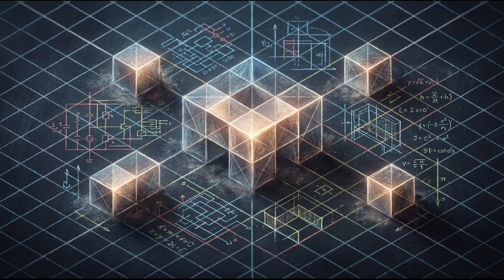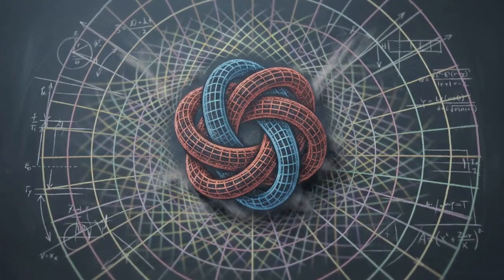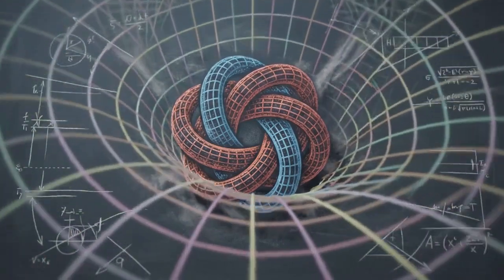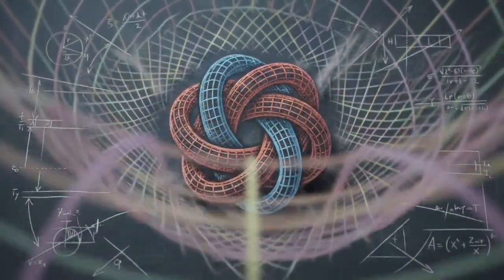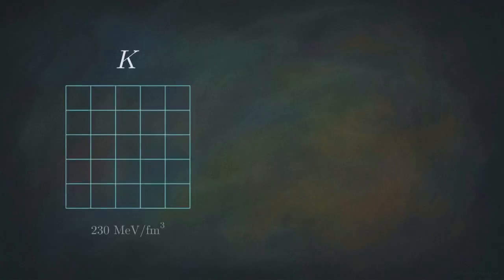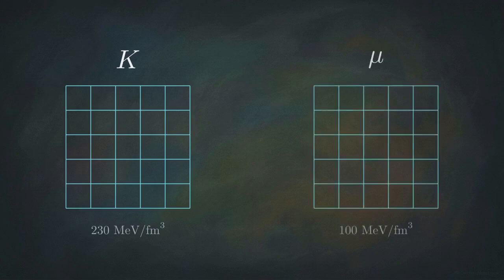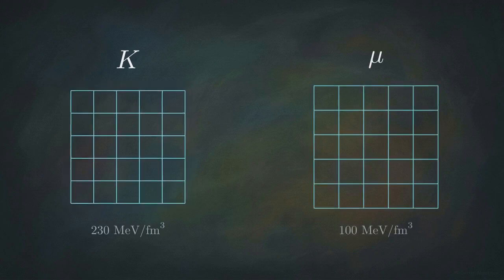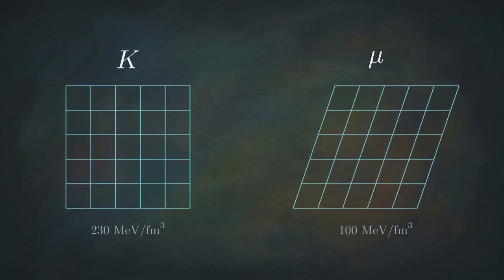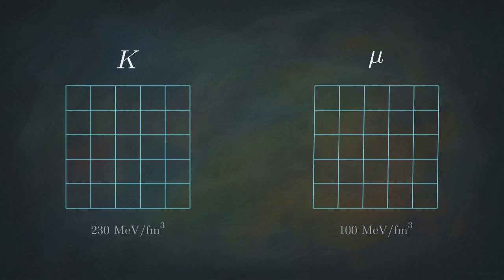To model a nucleus within this theory, we start with a medium that acts as an elastic, continuous solid grid. A nucleon manifests in this medium as a localized topological distortion. It is a superknot holding physical tension within the lattice. This continuum is governed by two baseline mechanical properties: the bulk modulus, represented by K, and the shear modulus, represented by the Greek letter mu. The bulk modulus dictates the medium's resistance to uniform compression, while the shear modulus dictates its resistance to twisting or